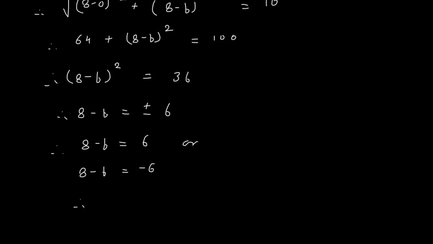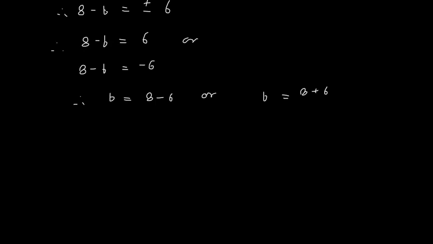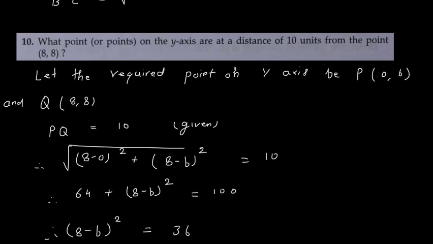So therefore when 8 minus b is plus 6, so I will get b is equal to 8 minus 6. Now this minus b I will move on right and this 6 will move on left. So on left side we have 8 minus 6. So b is equal to 8 minus 6, or b is equal to 8 plus 6. So therefore the coordinate of b is 8 minus 6 is 2, or its coordinate is 14. So two different answers we get for b. One is 2 and other is 14.